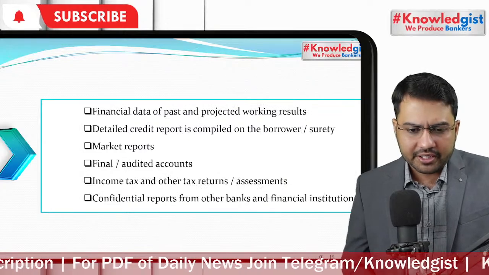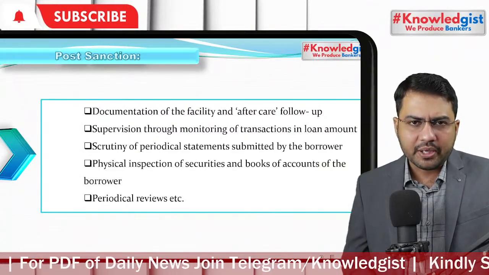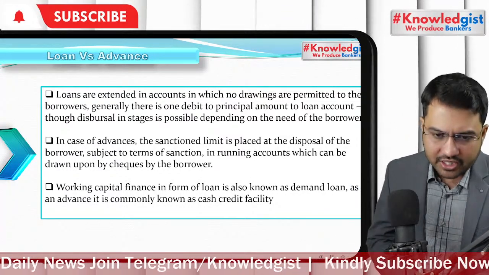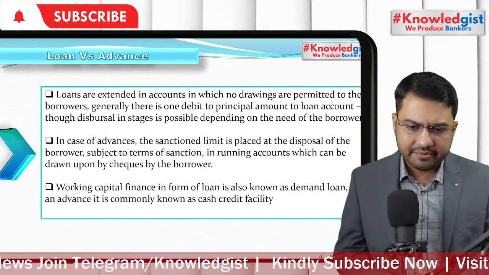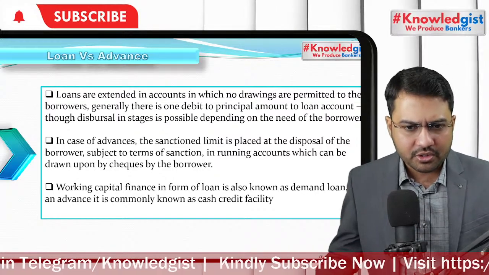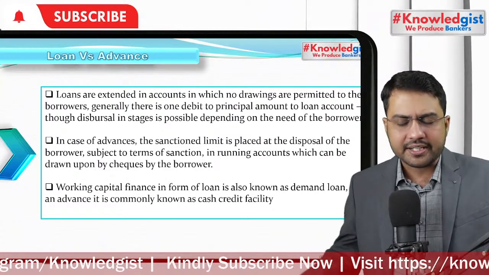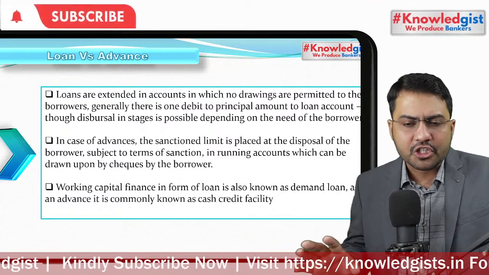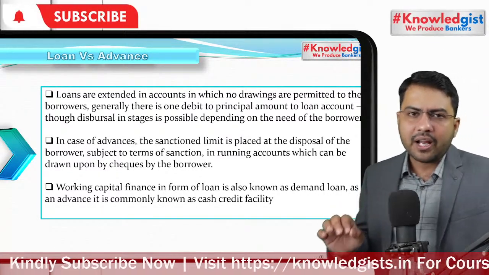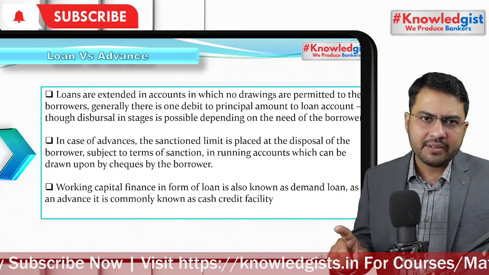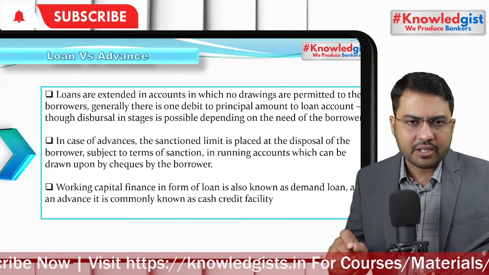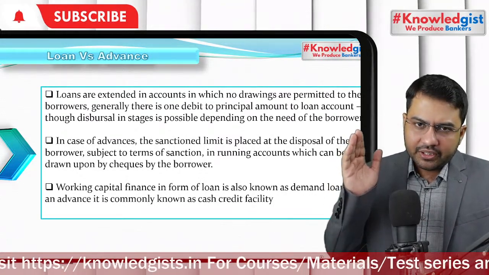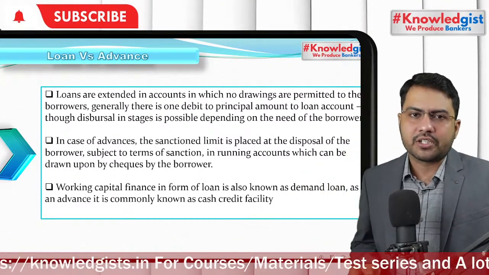We have covered all this in the intro session. What you do in pre-sanction, what you do in post-sanction, and what is the difference between loans and advances. I have discussed it many a time. Loans are normally term loans, like car loan, home loan, etc. Advances are types of loans where it is a running account, CCOD. Clear? So in a loan account, there is one-time disbursement. You sanction and you disburse, and there is a fund flow one time from the loan account to the savings account of the customer. Okay.